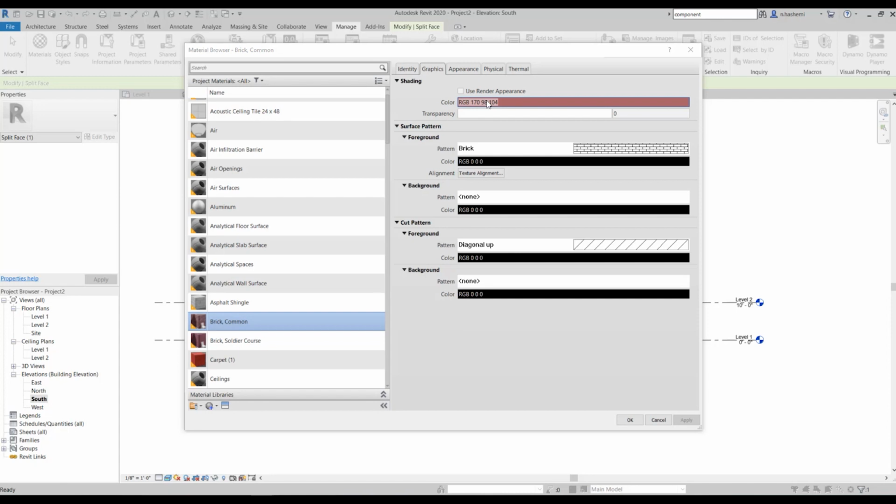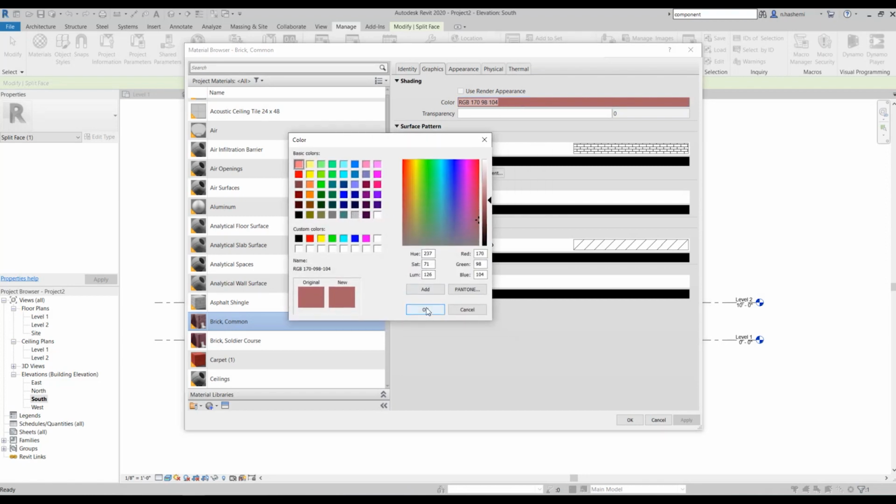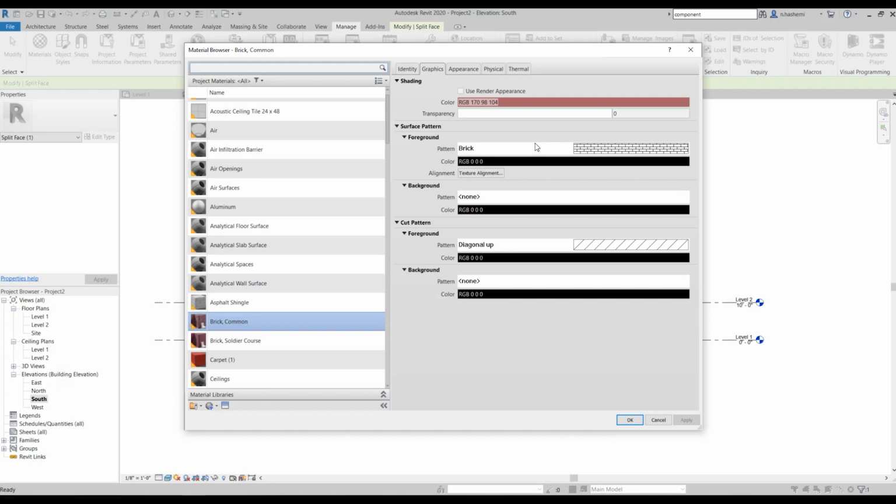If you want to change it, you can just click on it, select another color, and then hit OK. You can also add a transparency value here if you want it to be transparent in the shading style, or you can change it from here. There is also a checkbox here that you can check if you want it to look exactly the same way it looks in the render. I'm just saying it will slow down your computer, and it's better not to select it unless you need to.